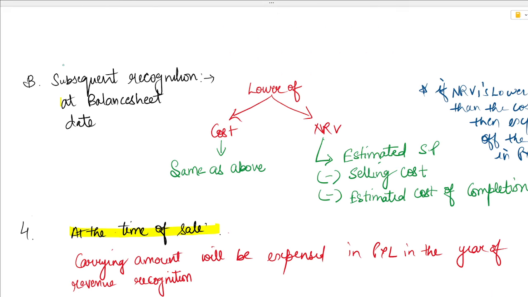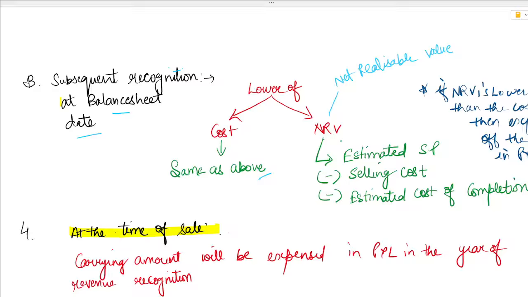Now we will see how we'll recognize the expense at the balance sheet date, that is subsequent recognition. It will always be the lower of cost and NRV. Cost, as we discussed above, we discussed how to calculate the cost, but now we'll see how to calculate NRV, that is your net